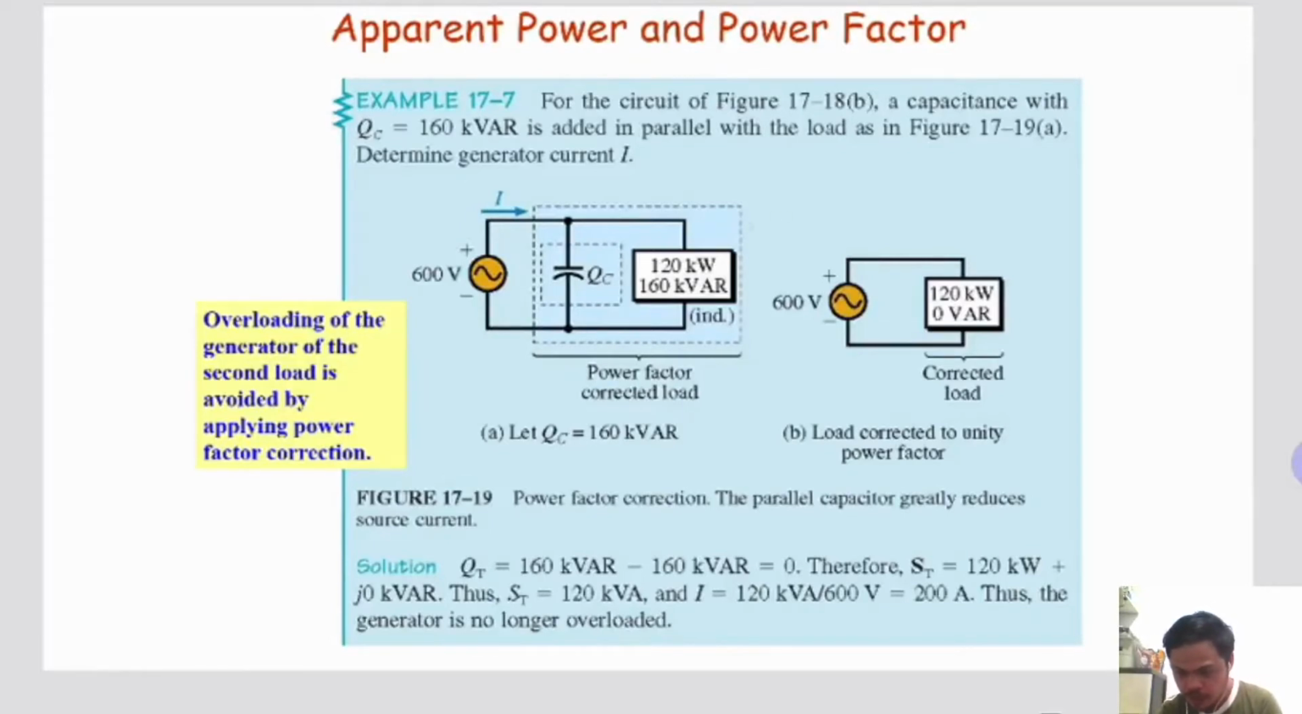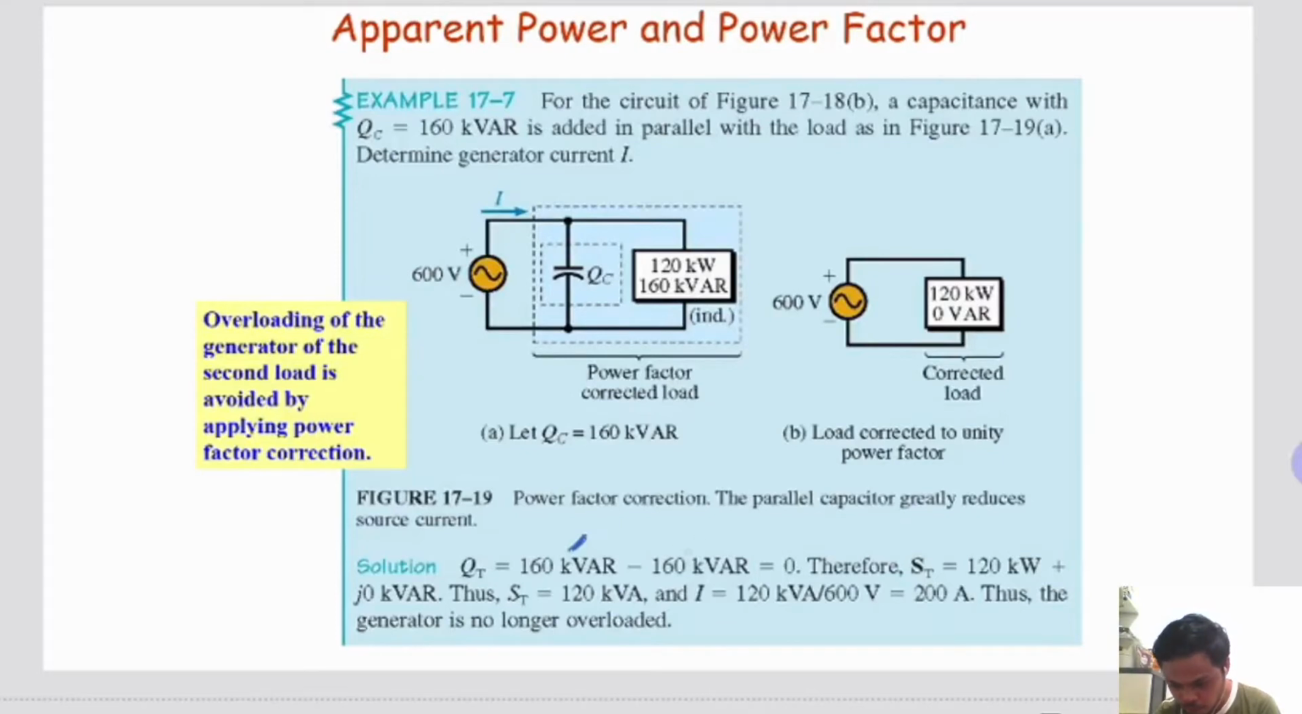So we have the inductive load, and to correct the power factor, we have to install some capacitor in parallel with the system. So this is termed as power factor correction. And to do that, we need to compute first for the total power in the system. So the reactive power for the capacitor is 160 kVAR, and the inductive load